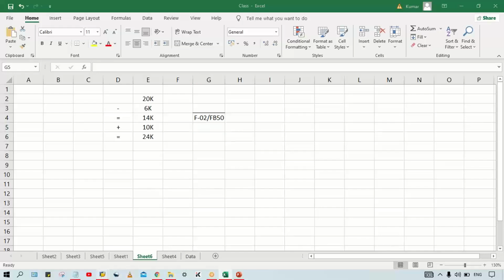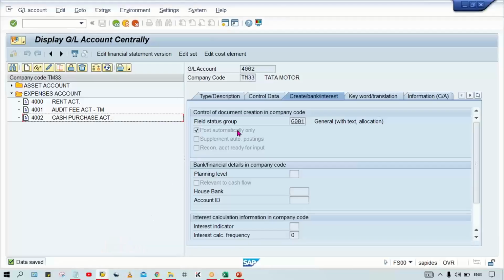But if I have selected here post automatically, it means this GL cannot be used for manual posting. How is the system going to determine this GL account, guys? So automatic account determination will happen. Automatic account determination means we are going to assign the GL account somewhere. Where it is going to be assigned, I'll show you guys. But here post automatically means,